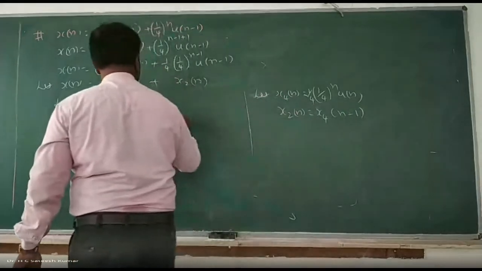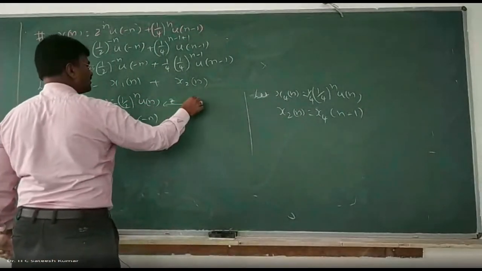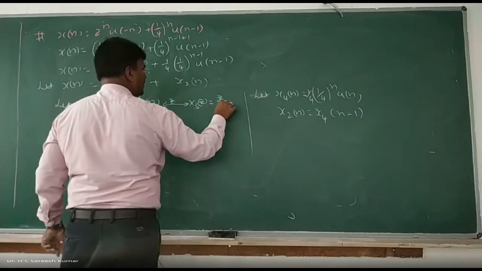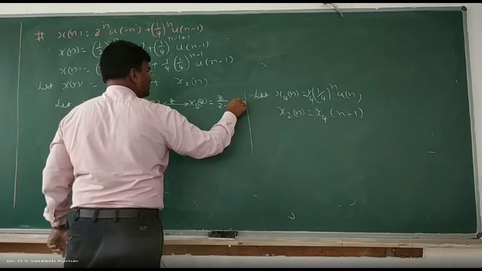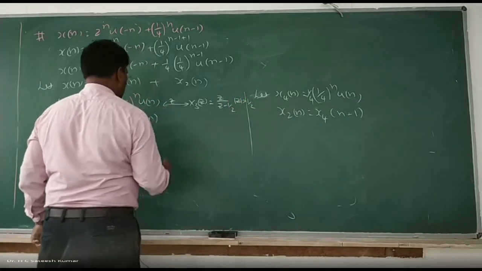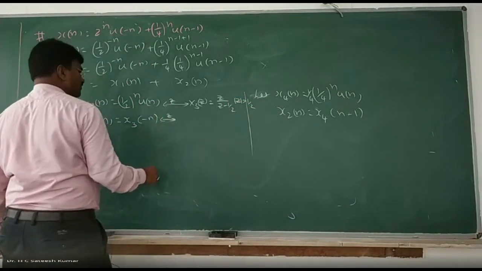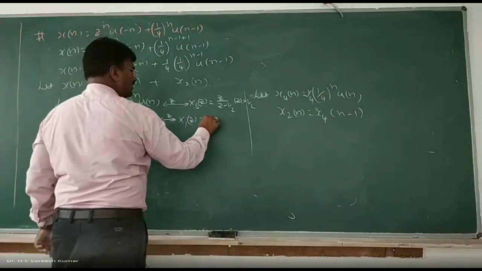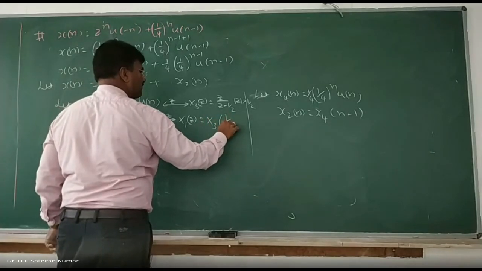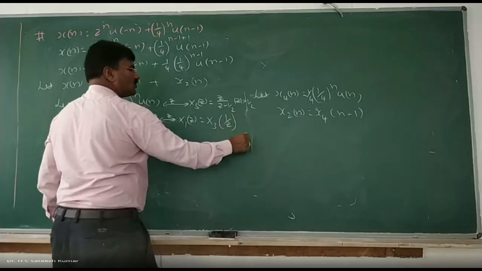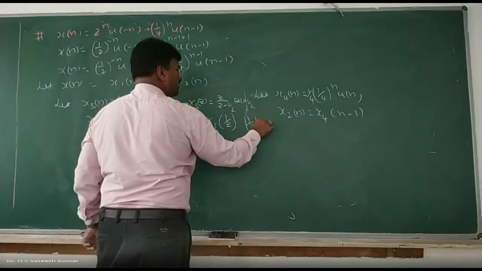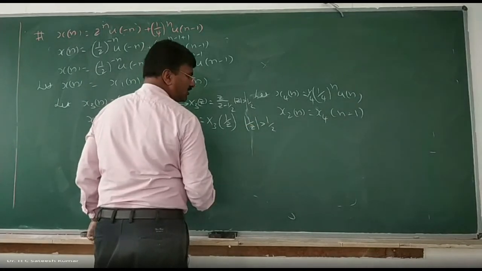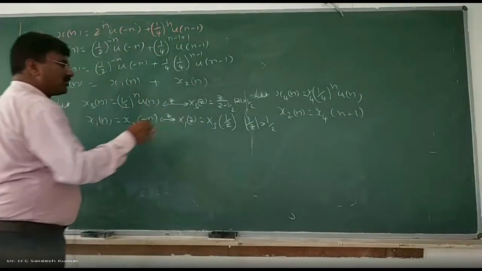Now you go for the z transformation of this one. X3 of z is equal to z divided by z minus half with ROC mod z greater than half. And the z transformation of this one, X1 of z, is equal to X3 of 1 by z with ROC magnitude of 1 by z greater than 1 by 2. See that difference between 2 and z. Whenever it is z, I will put one horizontal line; this is 2, because every time I cannot write to differentiate 2 and z.